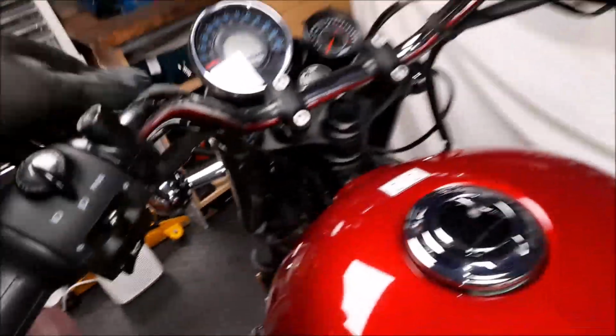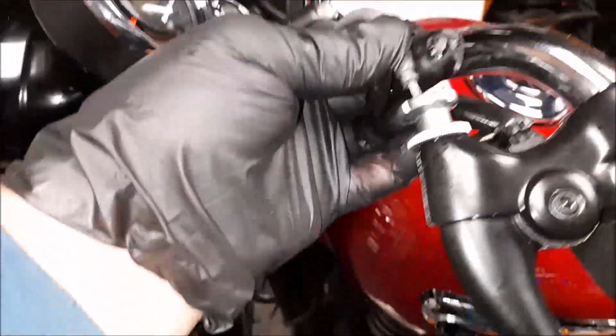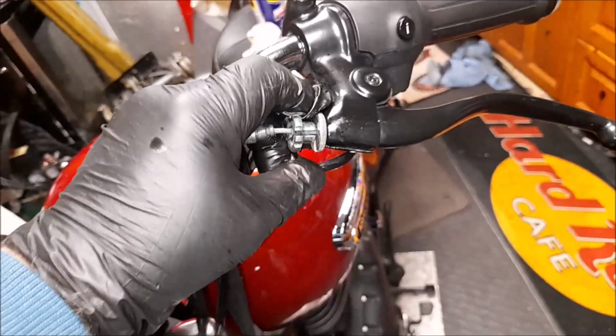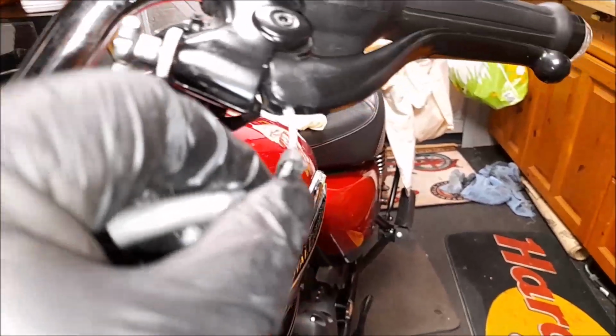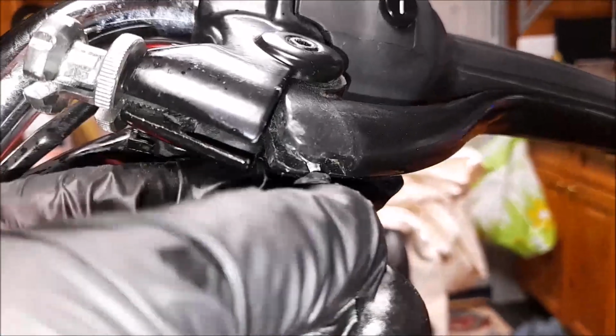One-handed. Okay, so now we should be able to turn this so there's a gap there, look, and it should line up with this adjuster. Oh, hang on a minute. Right, you line up those two so you can literally slide the cable out of its little home like that, and then a bit of a jimmy